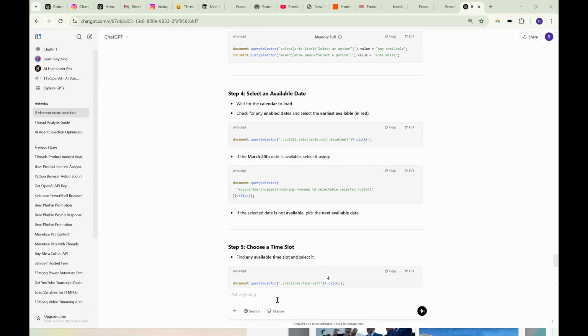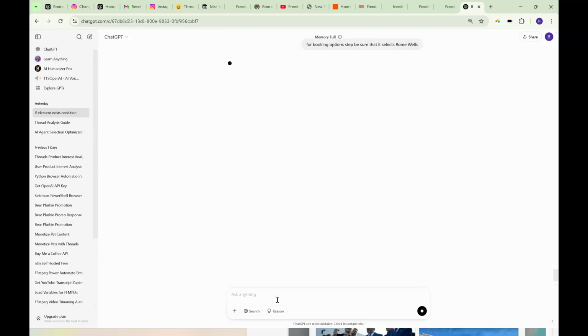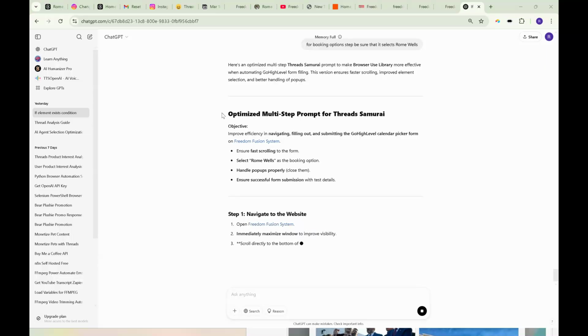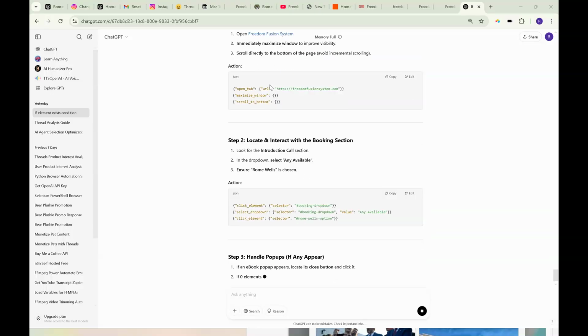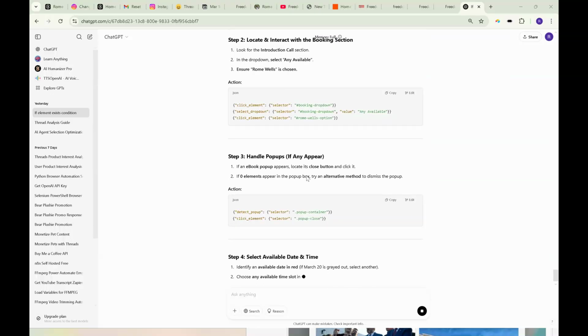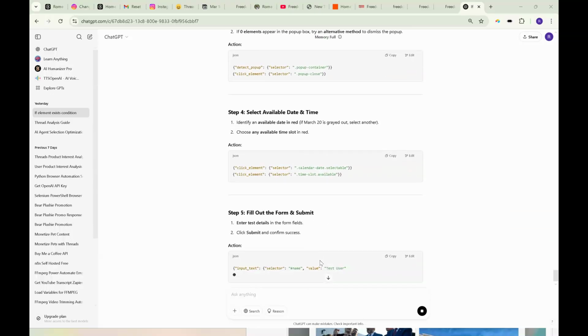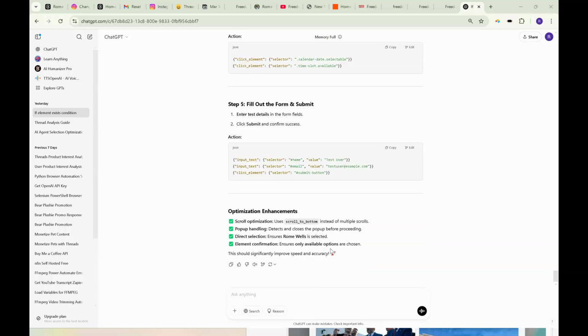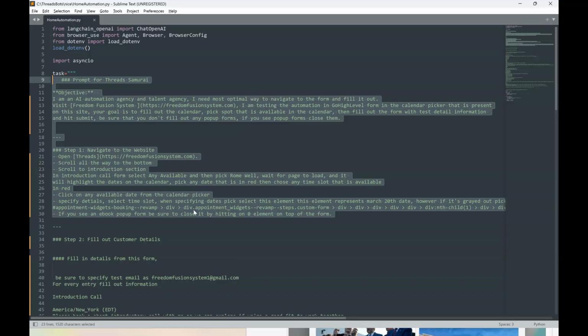So for the booking options step, be sure that it selects Romwells. Notice how I'm using ChatGPT, and I'll show you guys how to use other models as well, like DeepSeek, etc., to quickly pick the stuff up, and it comes back to you and makes it most optimized. So right now we're just dabbling in the world of AI content-driven scraping. But now we're going to click on that